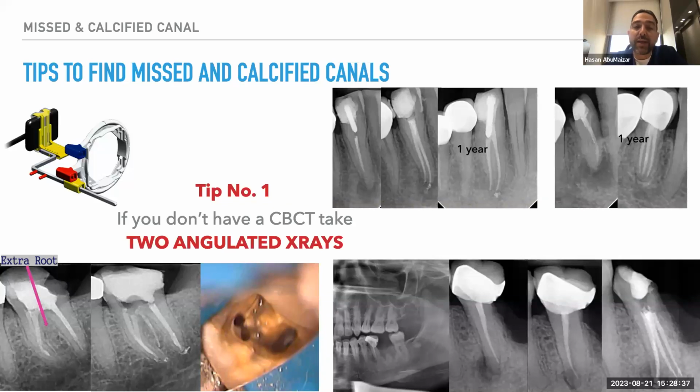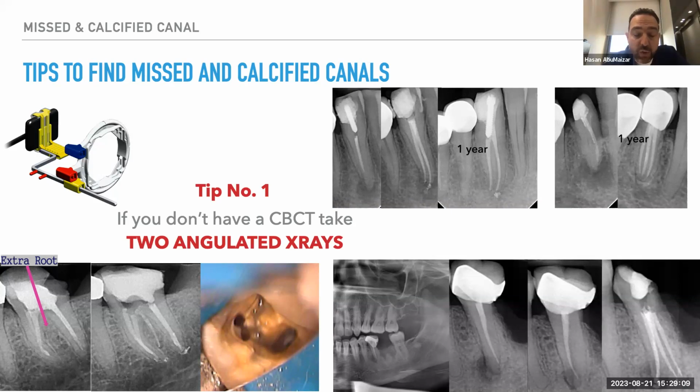One of the reasons why we miss canals during the treatment is because we're not taking more than one angled X-ray. As you can see here, when we take another angle for the X-ray, we can see that there is another canal. I don't know if you can see my mouse or not. Okay. However, on the lower right side, you can see that